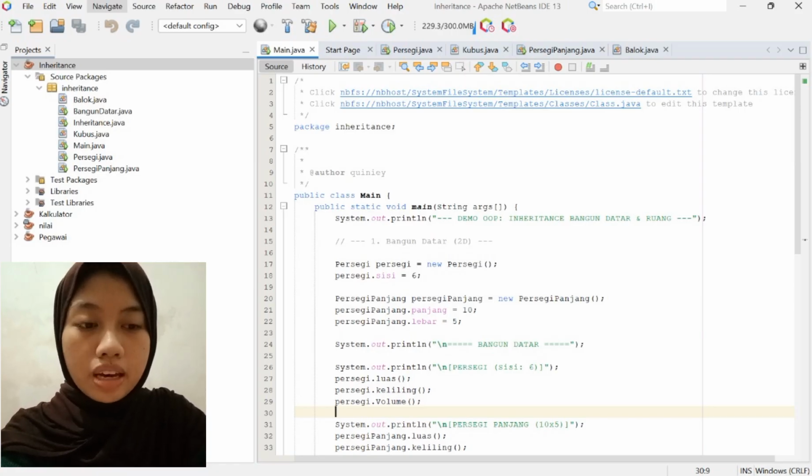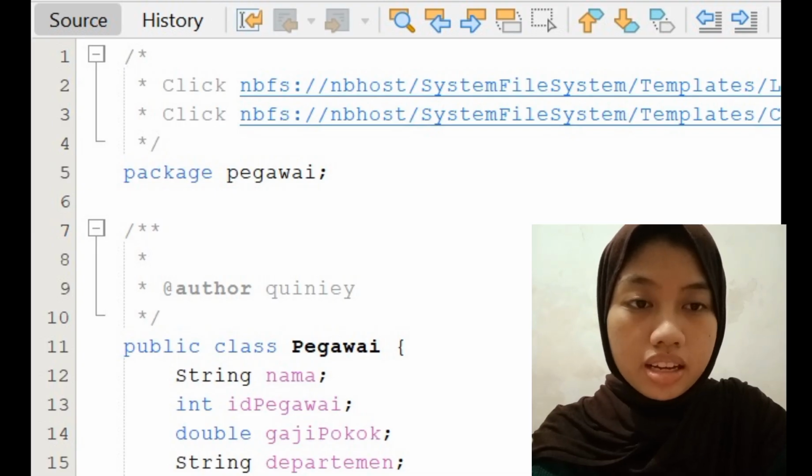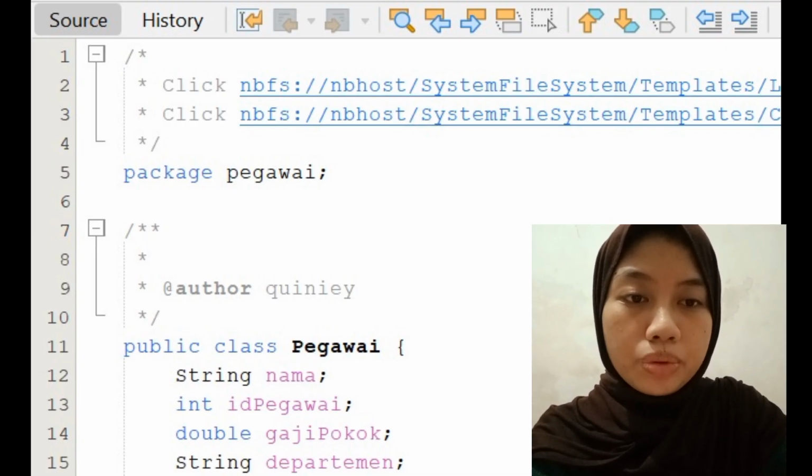Here I will explain the first object-oriented practicum, which contains both method construction and overloading in an employee information system. The first step is the main class, defined as Employee, which has 4 attributes or instance variables.